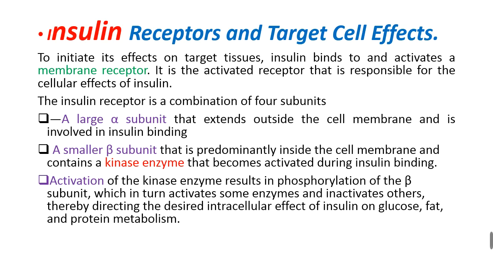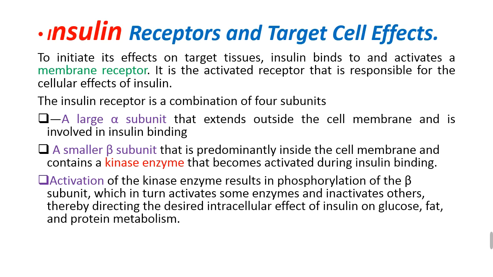What is the composition of insulin receptor? The insulin receptor is a combination of 4 subunits. A large alpha subunit extends outside the cell membrane and is responsible for the insulin binding, while